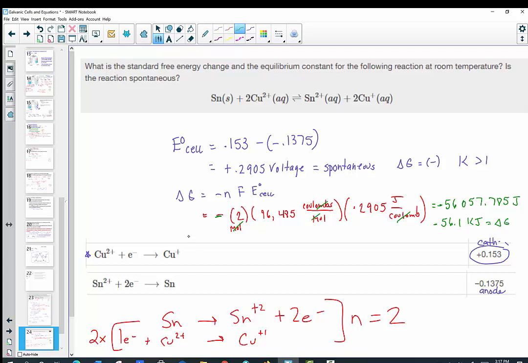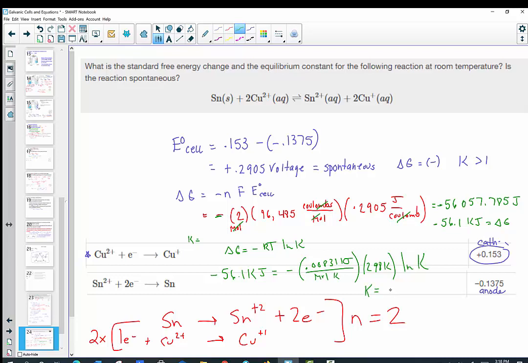And the last one was the equilibrium constant. I would recommend using the equation that's easiest. Delta G is equal to negative RT ln K. Delta G, we just found that, didn't we? Negative 56.1 kilojoules times negative, remember to make your units agree here, 0.00831 kJ per mole Kelvin times temperature times the natural log of K. So take your kilojoules, divide out by the product of RT, take the inverse of your natural log to remove ln, and you will find that K comes out to be